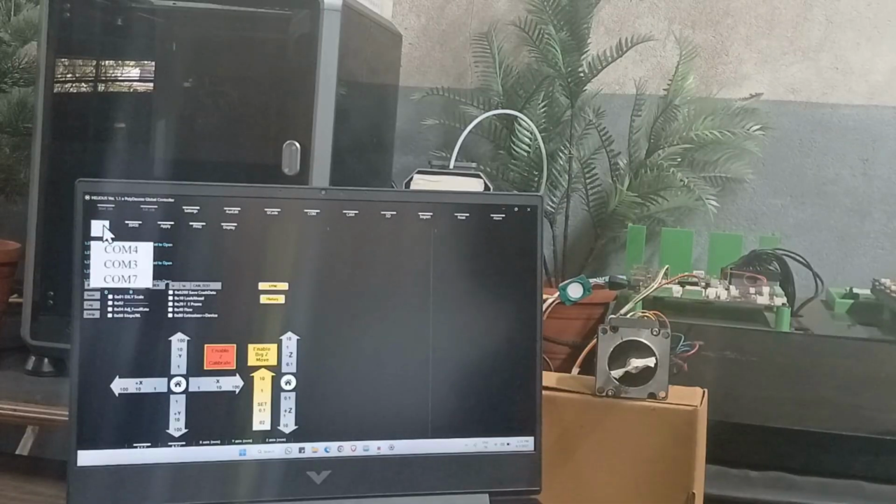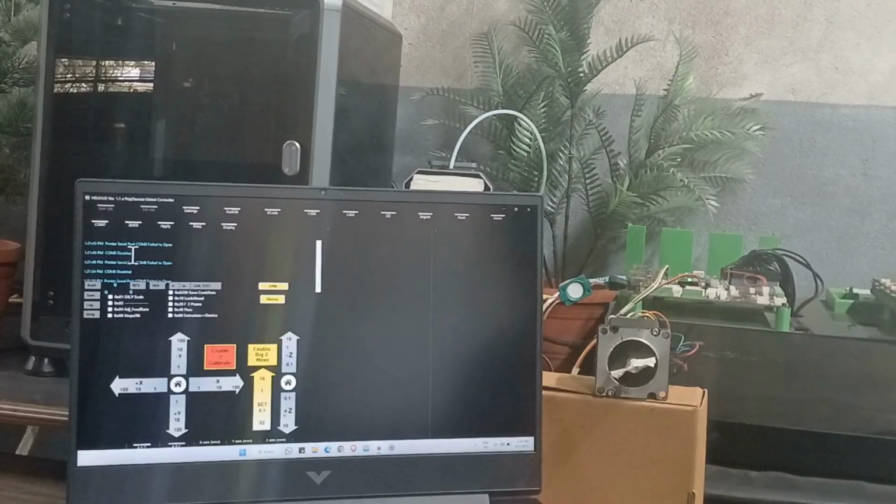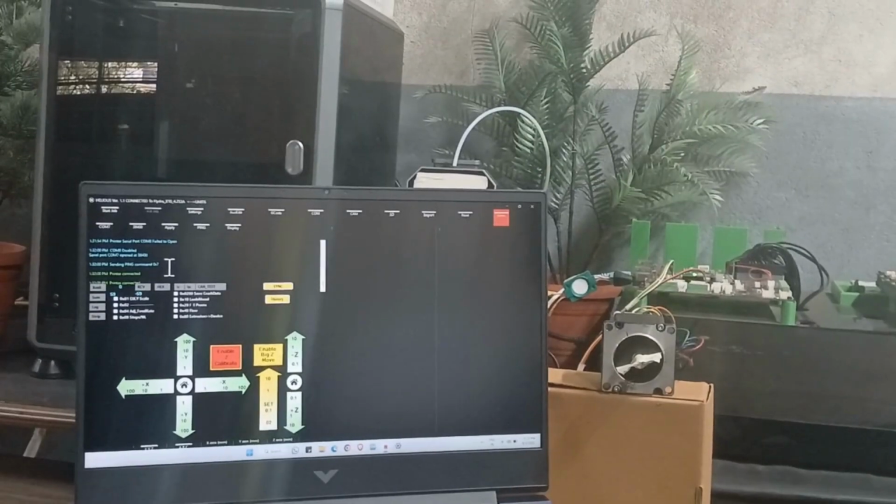According to your preference, or whichever port you have connected, select your COM. We have connected COM7, so I'm selecting it. After selecting COM7 on our testing panel, we can see here that the printer is connected. After connecting, you can see the full screen gets colored.